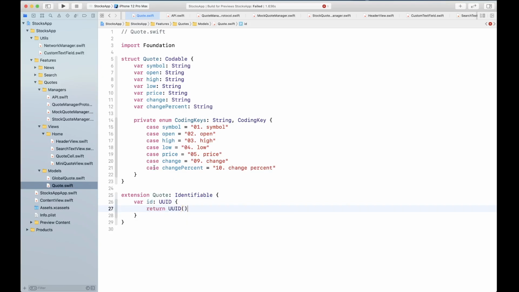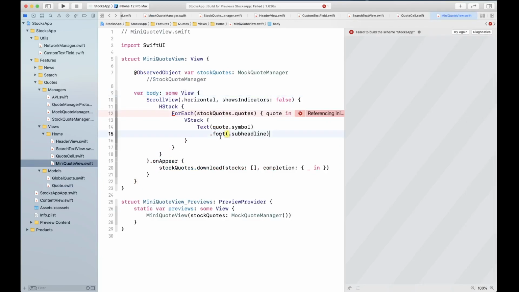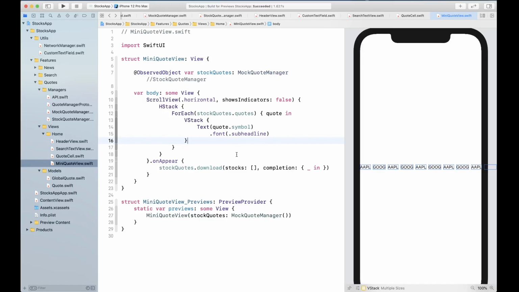Okay, so now if we go back, we should have this guy fixed. There we go. Okay, so we are getting a horizontal scroll view, and we are displaying our stock quote now.